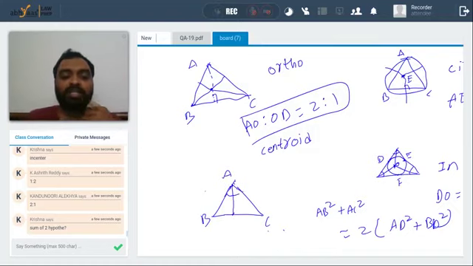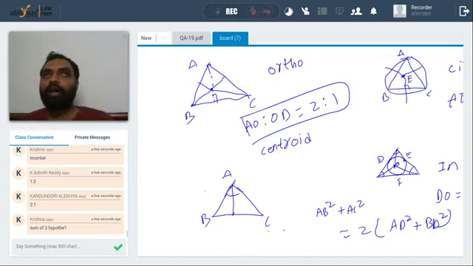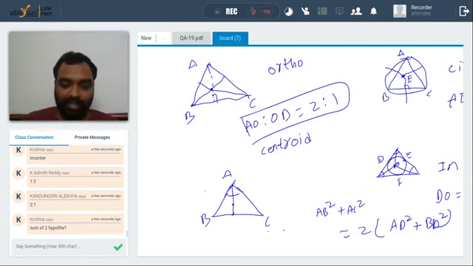Okay, this is an angular bisector. Angular bisector center is what? In center. All three angular bisectors meet at the in center, isn't it? Here, this is the in center. With this in center, I am writing down here. Okay, if this is D, the in center, it's not a median or something. Okay, BD,